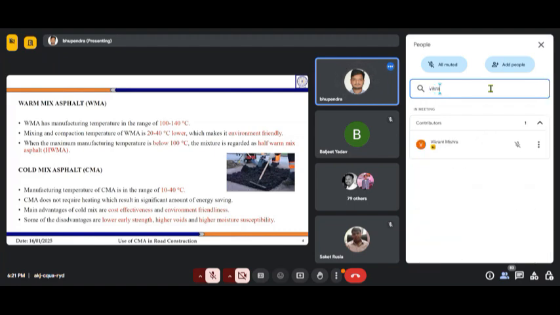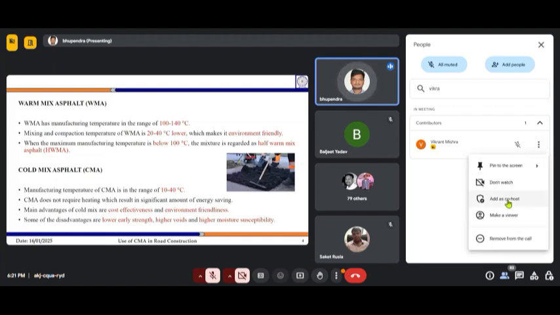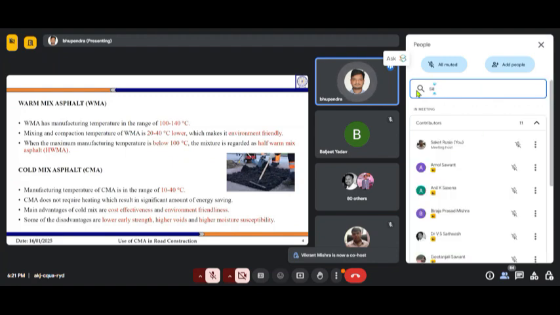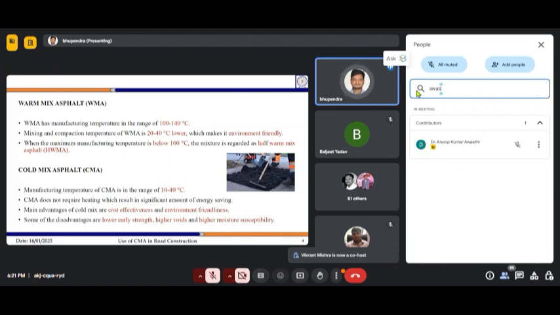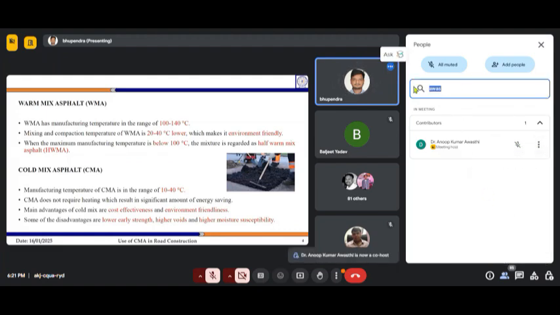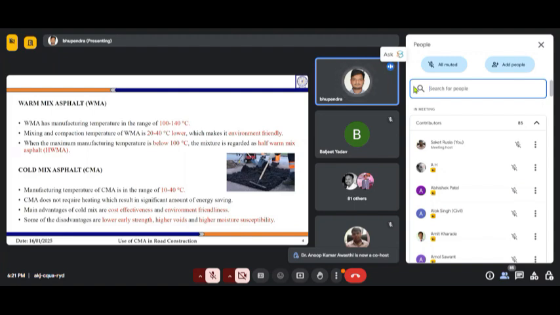So you are not compromising on the performance point of view, and you are not compromising from the environmental and economic point of view also. So that way warm mix asphalt is a good technology. But what is the problem? It is still produced at a temperature range of 100 to 140 degrees Celsius, for which again you have to heat up the material. And whenever you are heating up the material, you have to anyway consume the fuel, spend the money, and also increase the pollution.